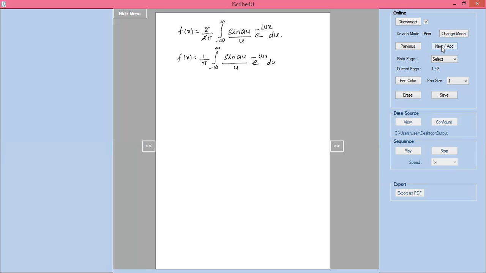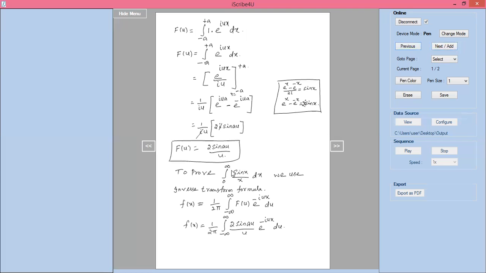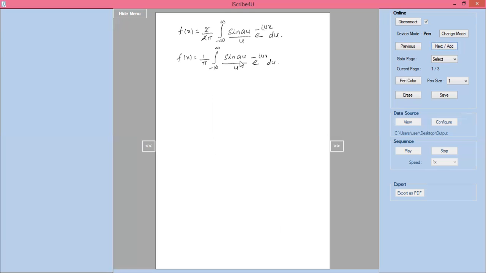Right, here we should observe one thing. In what we have to prove, that is important. Here I want to prove sin x by x, but here sin au by u is there. So I don't want this a term. If I don't want the a term, we have to fix that value by guess and trial and error method. Here u is there, there x is there, that is not an issue. That's the way we'll choose